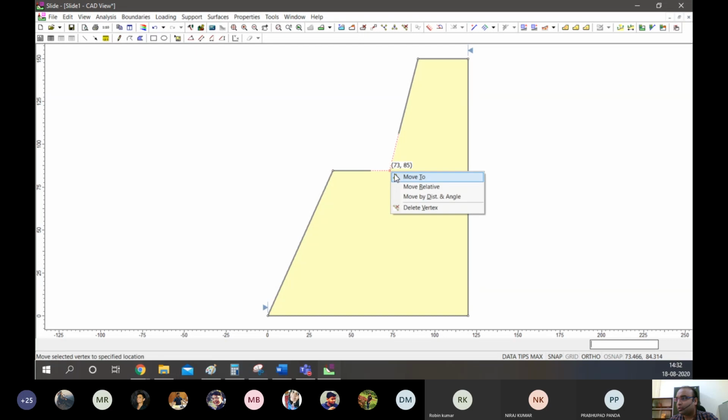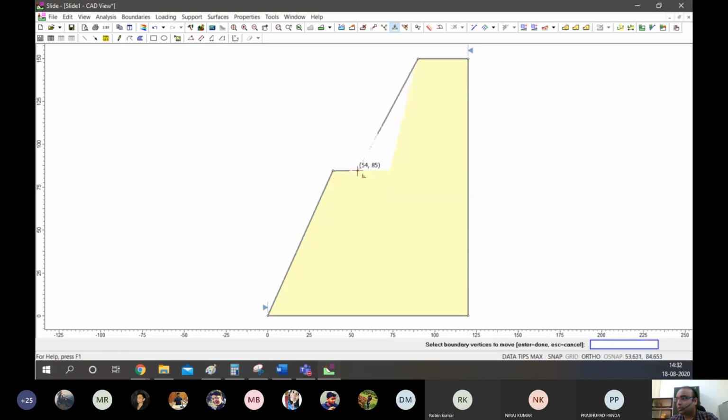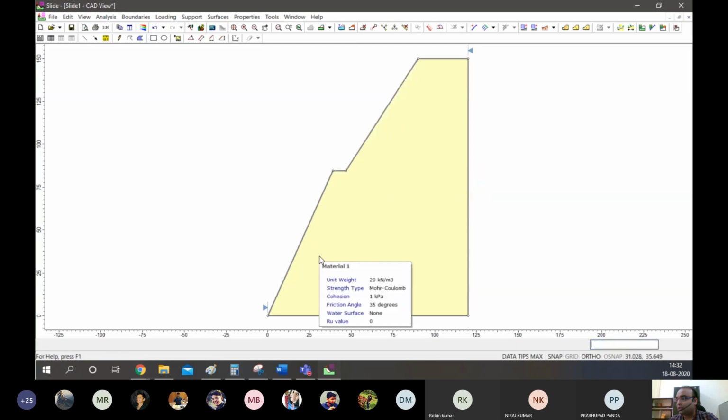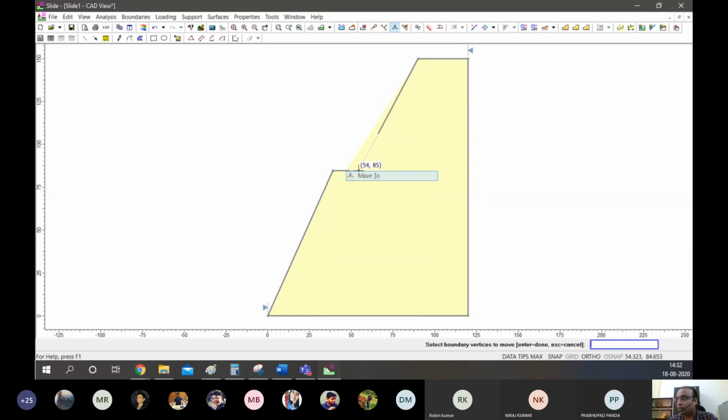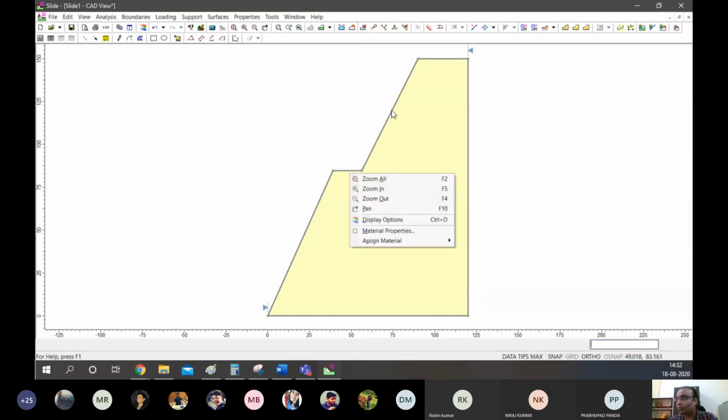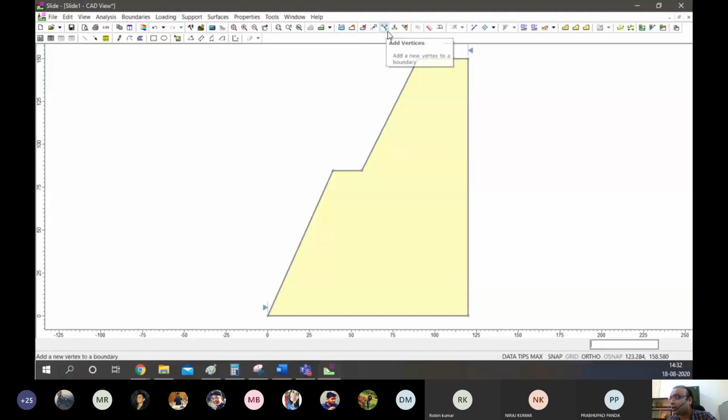So I can change it if I want to make certain corrections, minute corrections, or even if I want to add, suppose, new vertices and want to change their direction. So I can add individual vertices here, add vertices like this.